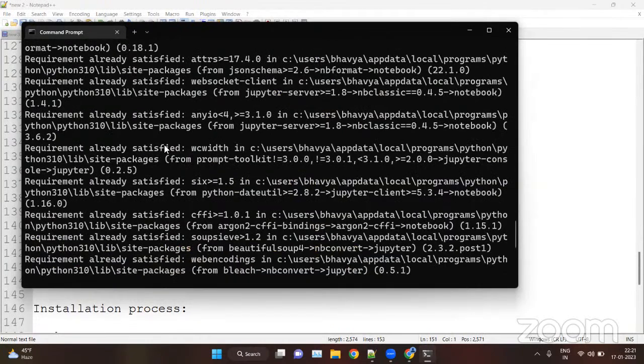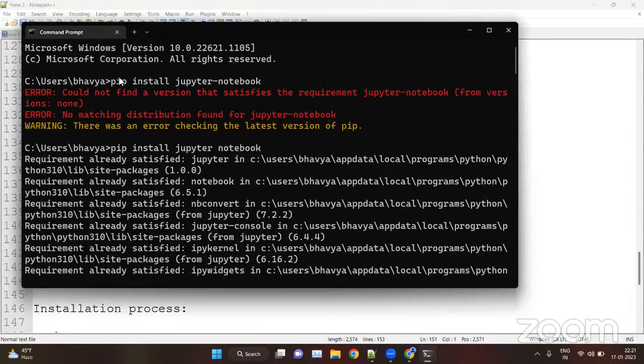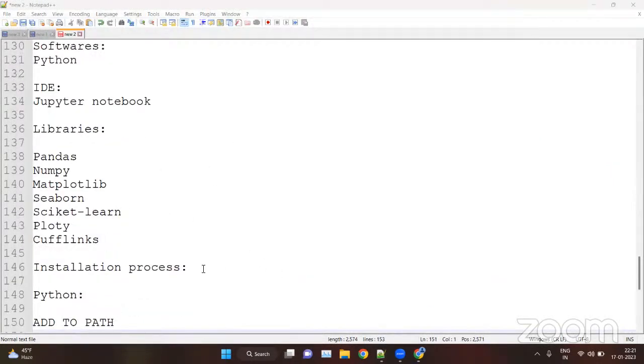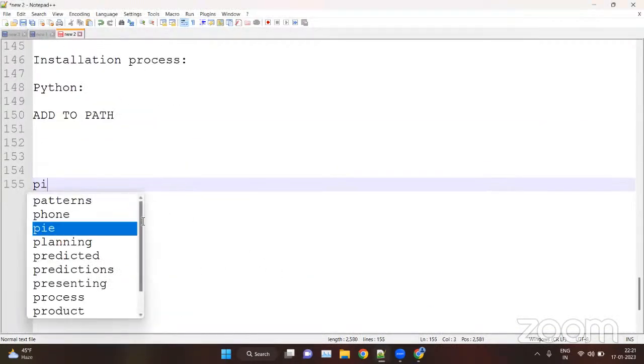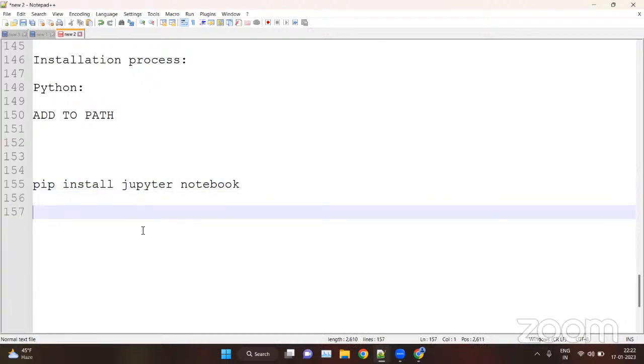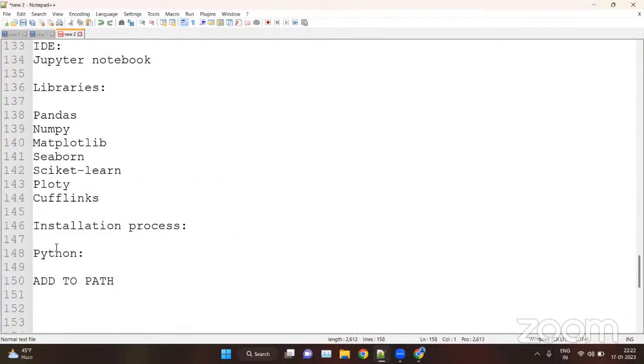This is how you can install Jupyter Notebook. Now, for these libraries, let's see one by one. For Jupyter, you type pip install jupyter notebook in your CMD. Then for the libraries, you can type one by one.